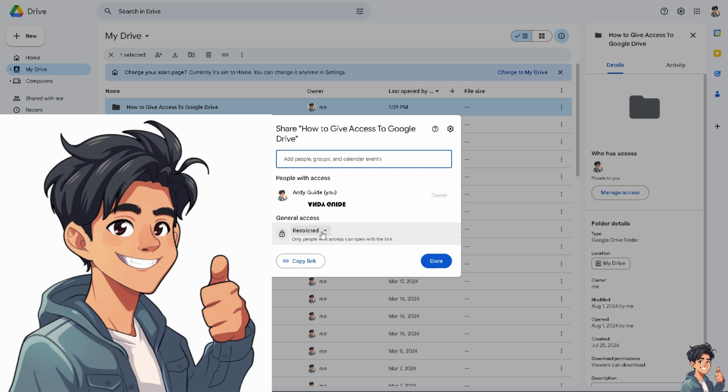Now, you see, there's an option that says general access. If you don't want to put in the names one by one or the email address, all you're gonna do is click on the drop-down menu. You see, you have restricted, which means only those who have the invitation link can access the document or the shared folder. But if you don't want that hassle and you want to save time, just click on anyone with the link. Now, if that happens, anyone on the internet with the link can view,